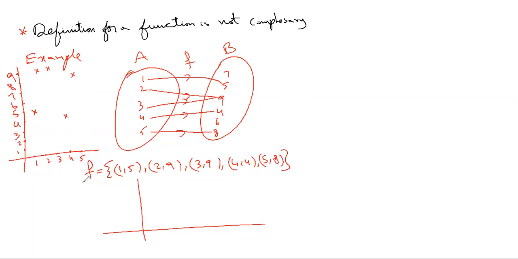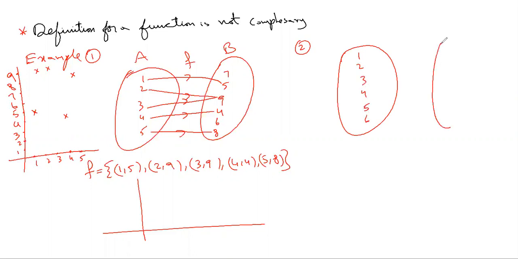So these are the 3 representations that you can do for this function. Of course, even if it is a relation, we can do all 3. But we couldn't write the set builder form for this definition because they are not following a pattern. Now for the same kind of example, this is example 1, and I'll write example 2 between the same sets. 1, 2, 3, 4, 5, 6 and 4, 5, 6, 7, 8, 9. I'm just writing in a sequence. Same set I'm writing.